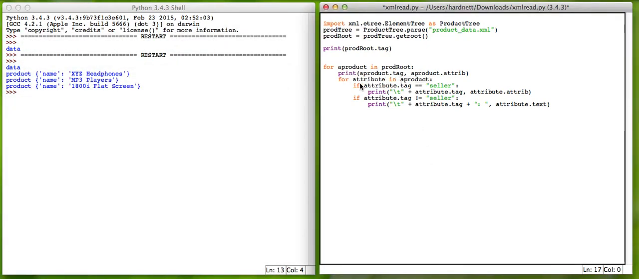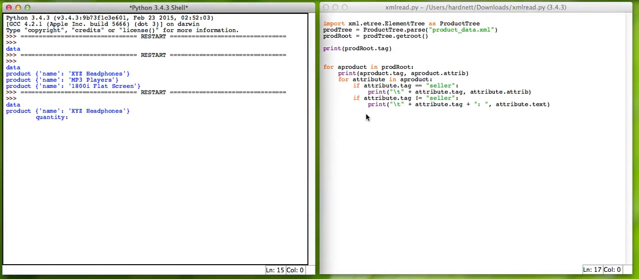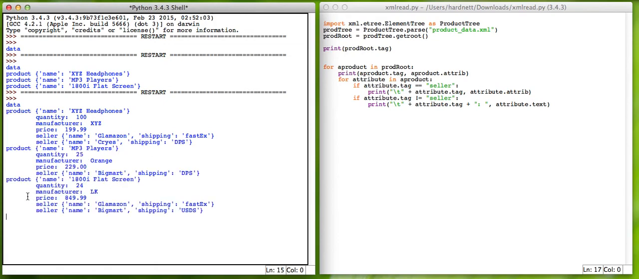So we use if statements to determine which tag we're looking at. If the attribute .tag is the seller, then we're outputting it with the tag and attribute. If the attribute tag is not the seller, then we want the tag and the associated text. So now what we get is output, where we can see the quantity, our manufacturer and price for each product,